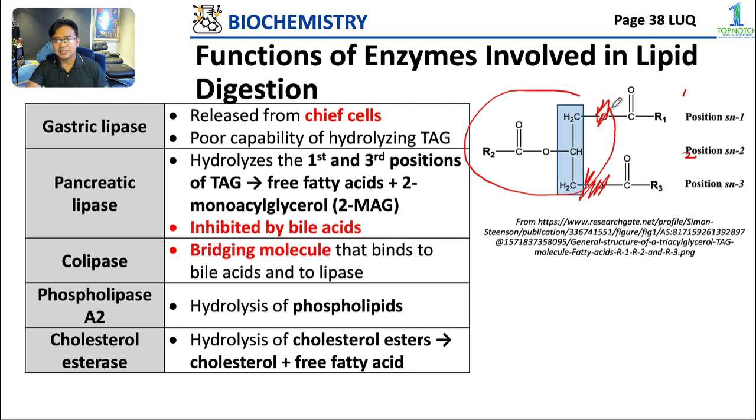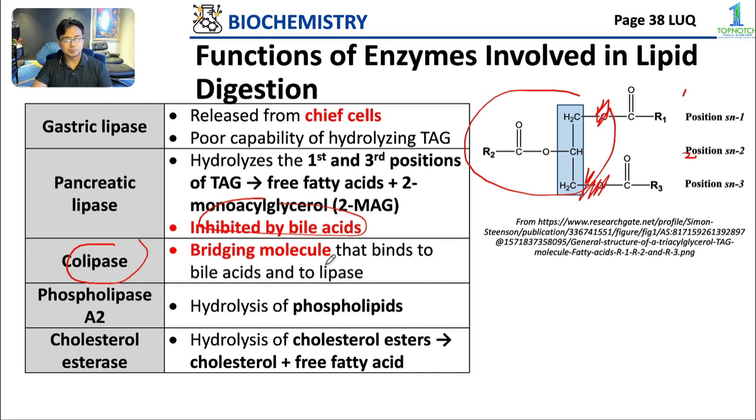Now, the funny thing is that this pancreatic lipase is intrinsically inhibited by the presence of your bile acids. Now, to allow proper functioning of this enzyme, we must utilize our co-lipase molecule. It serves as a bridging molecule that binds the bile acids to your pancreatic lipase, allowing the function of pancreatic